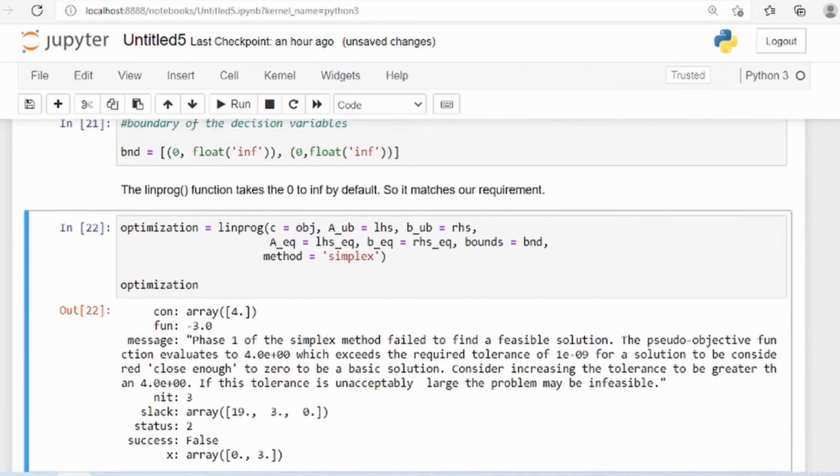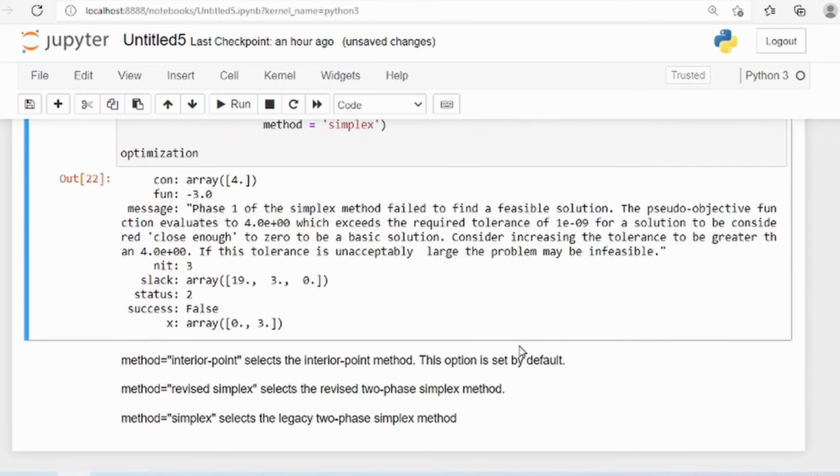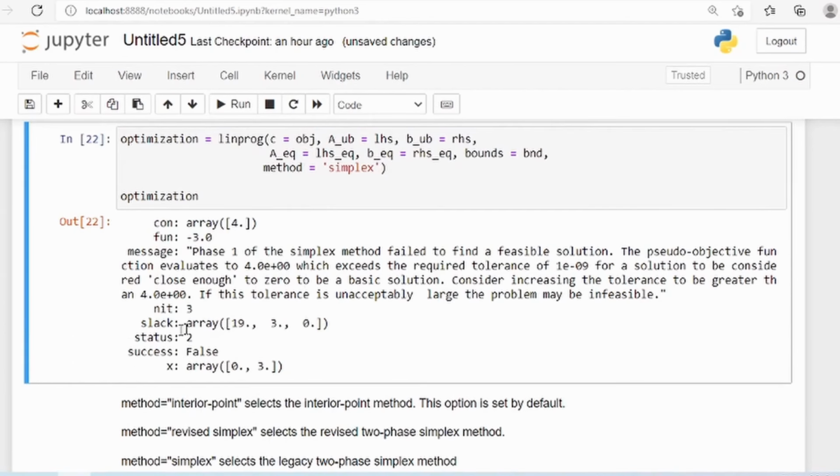Okay, so then we should be able to understand the results from this run. What it says is that success is false. If success is false, that means the optimization did not succeed. So there is no reliable solution for this problem. Okay. If success is true, only then you have a reliable solution for this problem. Okay, a solution that satisfies all the constraints,